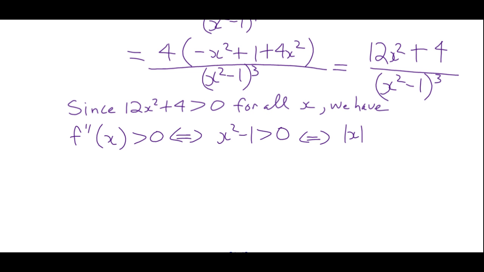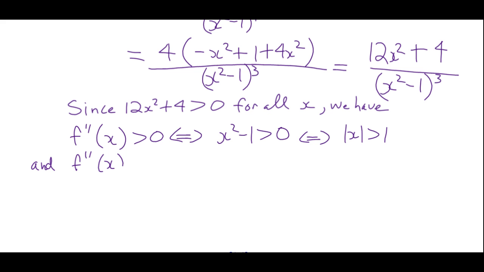Which means that x squared has to be bigger than 1, and a fancy way of saying that is that the absolute value of x is greater than 1. Okay? So if the magnitude of x is bigger than 1, then when you square it, whether it's positive or negative, it'll end up at the same positive number. So as long as x squared ends up greater than 1, that's how we say it: the absolute value of x is greater than 1. And